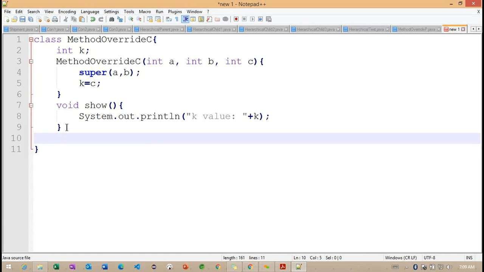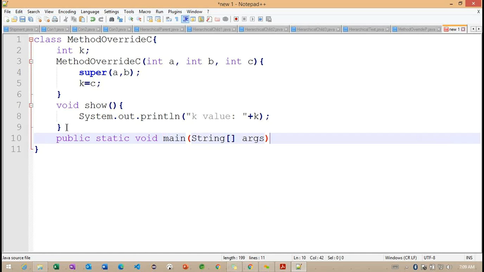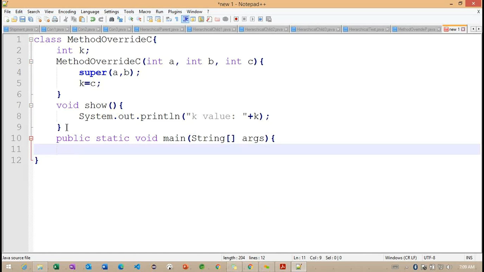So what I'm going to write here, I'm trying to define the main method here. So we can go for another class or we can work with the same class here. There is no problem here. Now observe, I'm working inside the main method. Now what is the object we need to create basically? We need to create an object of the particular child class here. Child class is nothing but subclass here. So once a subclass object is created, if I call the show method here, which show method is going to be called? The subclass show method is going to be called.